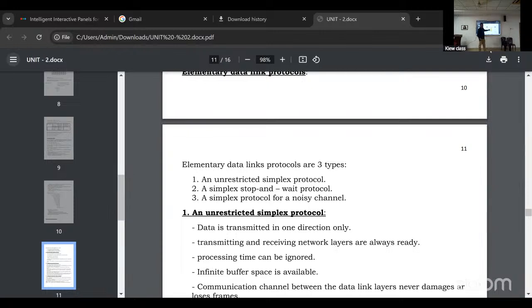Again, retransmitted. Okay. So here, EOT, end of transmission: I don't want to send the data. I want to stop your connection. I want to stop your transmission. An acknowledgement is sent to the receiver that I don't want to transmit the data. So that kind of information we have to send.